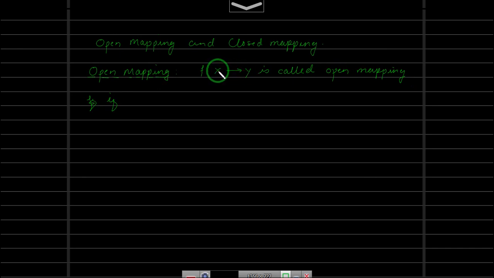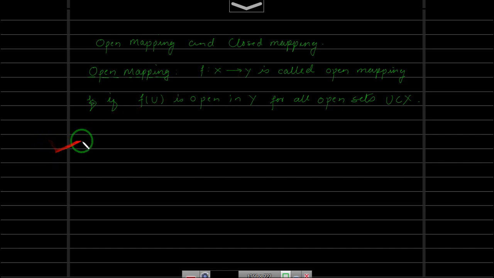That is, f(U) is open in Y for all open sets U in X. So if you take any open set in our domain, its image has to be open in our codomain. In that case, a function or map is called an open map.